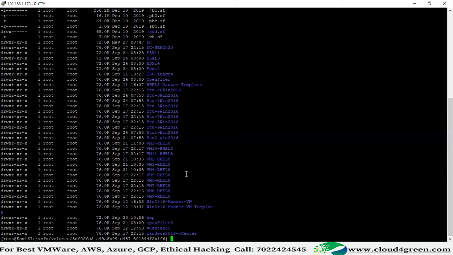Okay, in that, 32 are VM folders. How to identify? You can see by folder name. So now let me take a folder where a VM is in powered off state, and also I'll take a folder where a VM is in powered on state. Student one, can you see student one somewhere? Here it is. Can you see this?